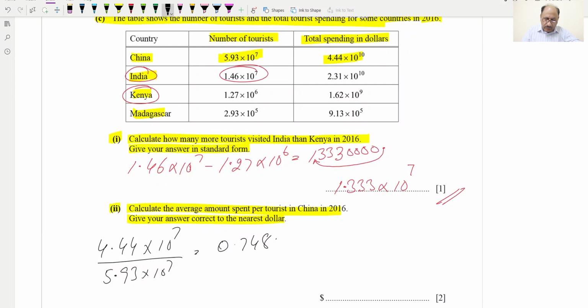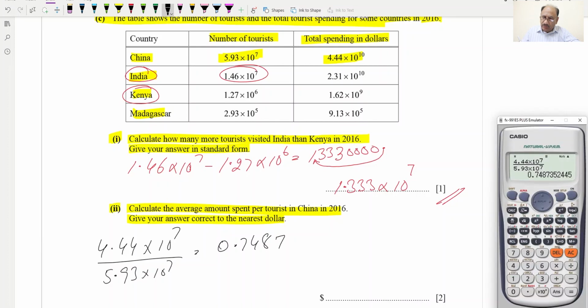0.7487. So this is basically 4.44 times 10 raised to the power 7 over 5.93 times 10 raised to the power 7. So it results in 0.7487. Now we have to provide the answer correct to the nearest dollar. So this will be,